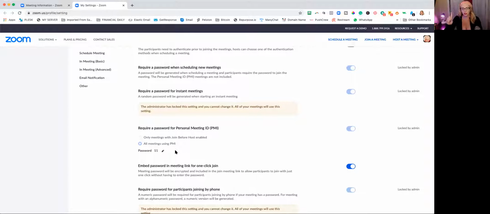I really want you to understand this is a forced change. You have no say in the matter. And that's even for personal meetings like myself. So what that means is your ID used to be that you could just give out your Zoom ID, the number, the end, but that has now changed. You can give out the ID, but they have to have the password,